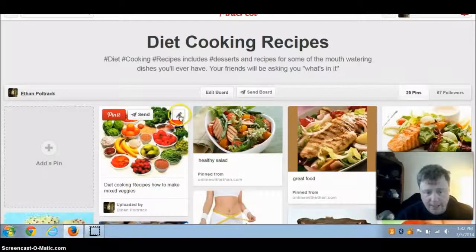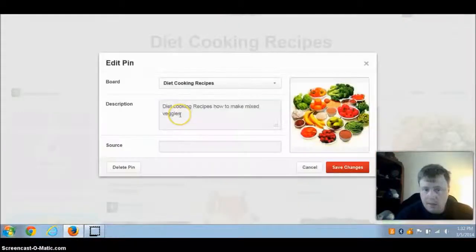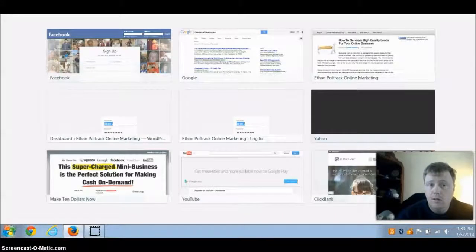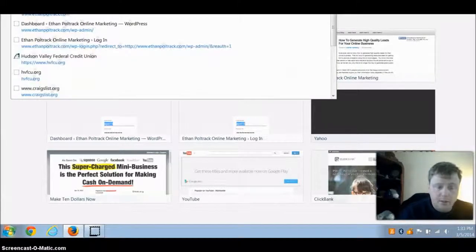So what you want to do is hit the edit button. Right here where it says source is where you want to put the URL of your squeeze page. Whatever your squeeze page is,